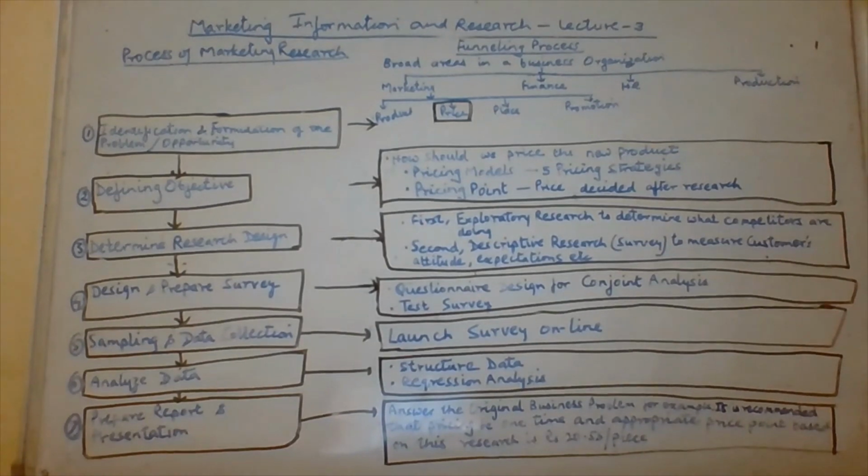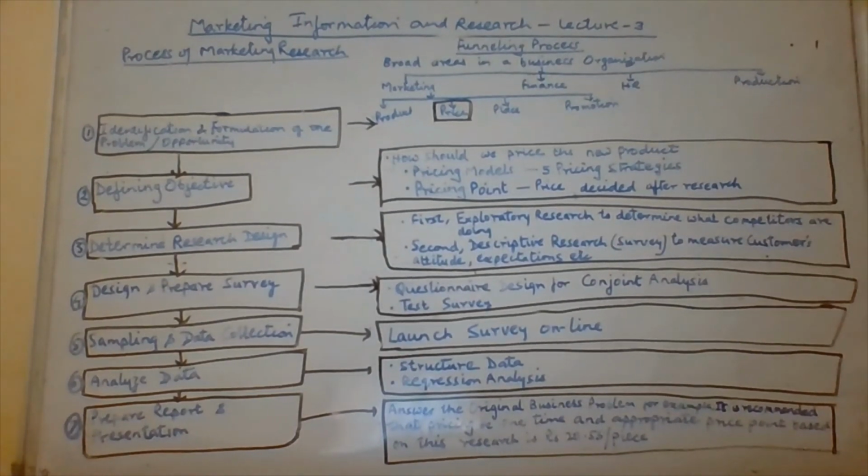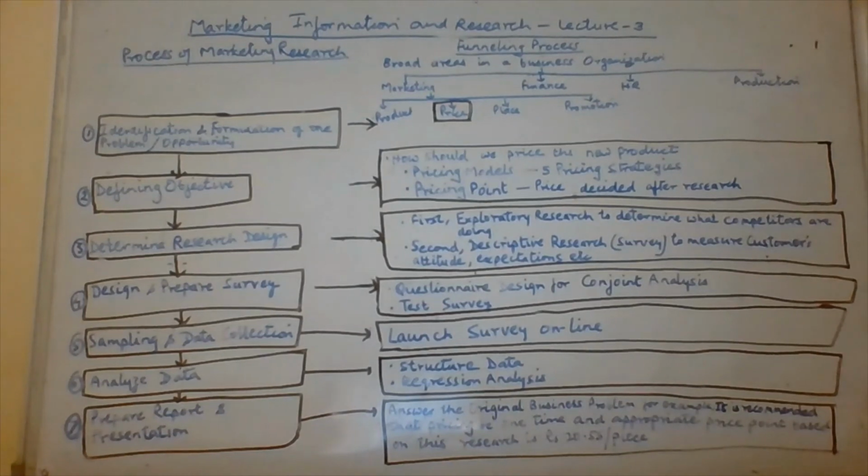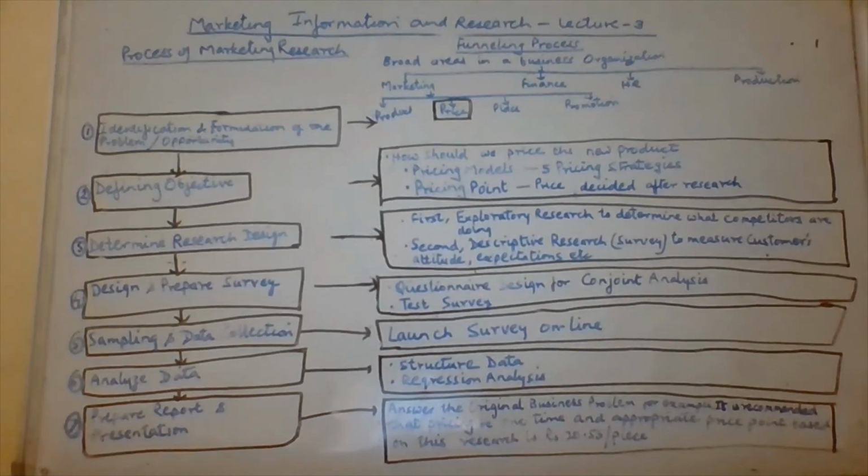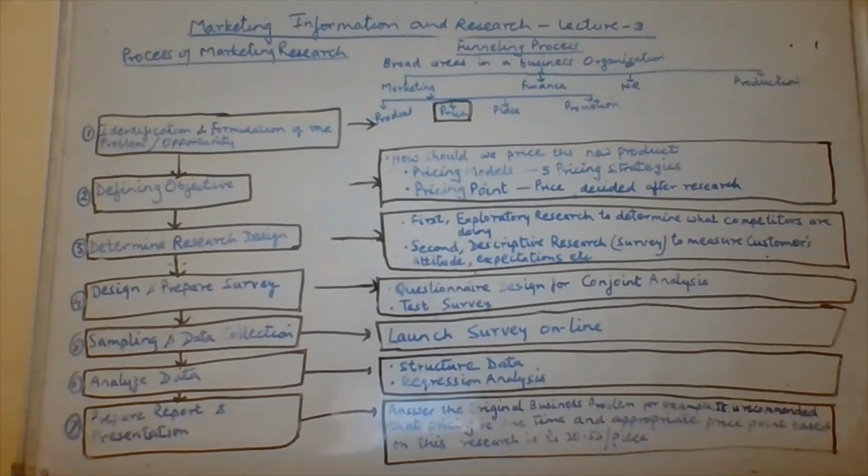So on one side, it is the process of marketing research, and on the other side, I have given a hypothetical example so that we can understand how we arrive at an objective, how we fix an objective, because unless the objective is clear, the whole research process will go haywire. One will not be able to come up with the right or appropriate answer. So the objective should be very clear in the mind of the researcher. Thank you so much.